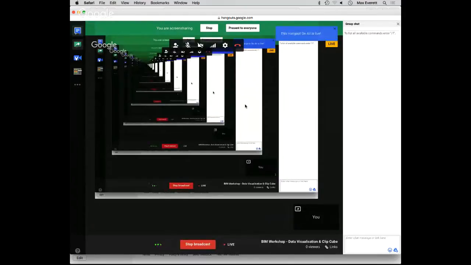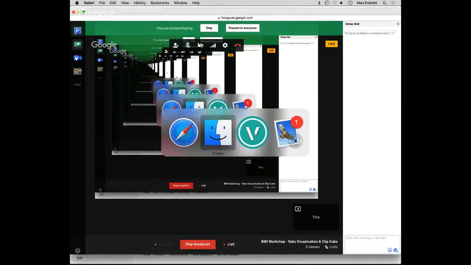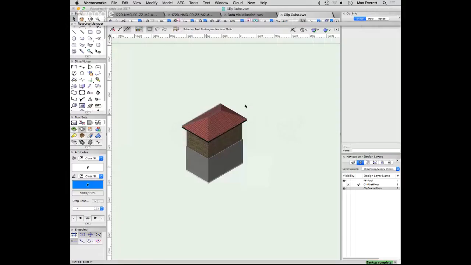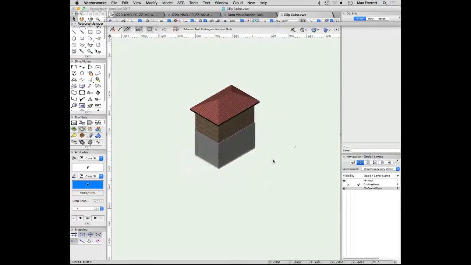The last workshop of looking at the rendering tool. This week we're going to look at the Clip Cube quickly, which is an old tool, but it's got some new functionality, and Alan's going to follow on, discussing and explaining how the data visualization function, which is new to 2017, works. So if everybody could open up the Clip Cube file that's been set up,